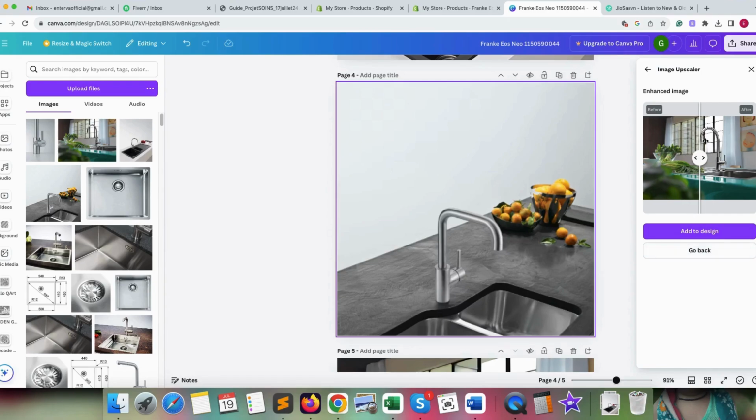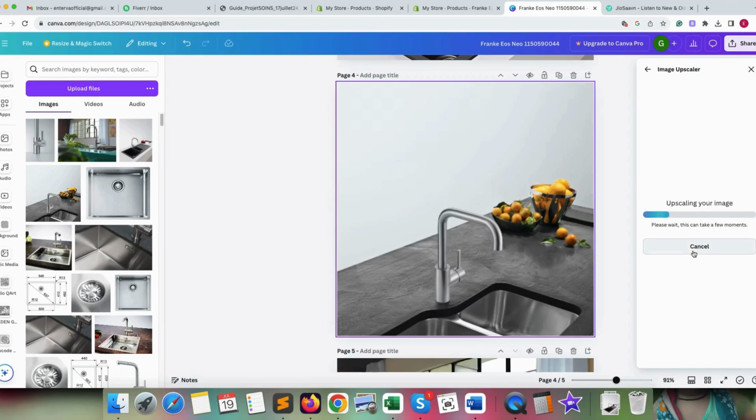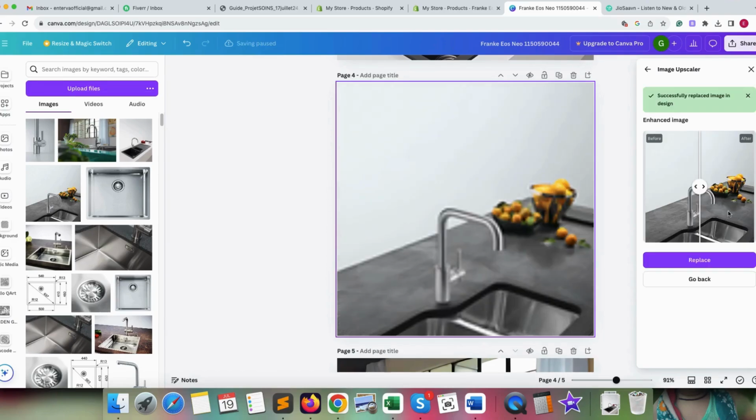Okay, the previous one is showing. Let me go back. Now this one will show here. 2x is fine. Upscale image, you will see this image is blurry here. After upscaling, let's see. Okay, replace this image. See, this looks very clear